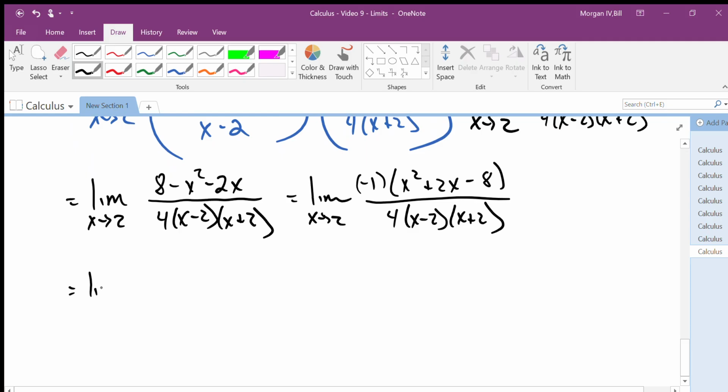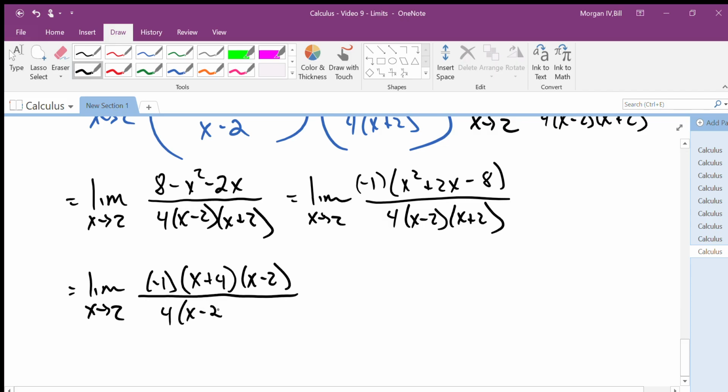That's the limit as x approaches 2 of negative 1. Now I'm in polynomial, so x squared plus 2x minus 8. Let's hope that factors. I believe it does into x plus 4 and x minus 2. And this is why I don't want to multiply my denominator together, because now I can cancel out the x minus 2's,